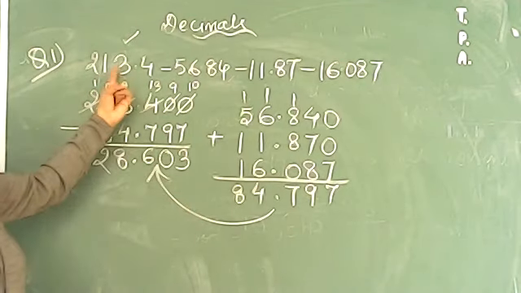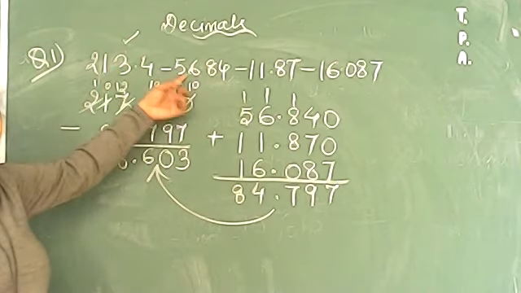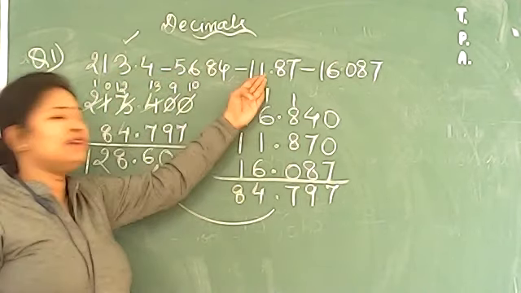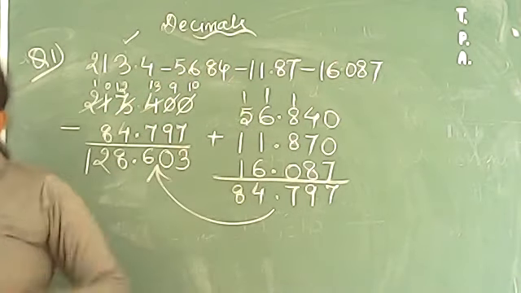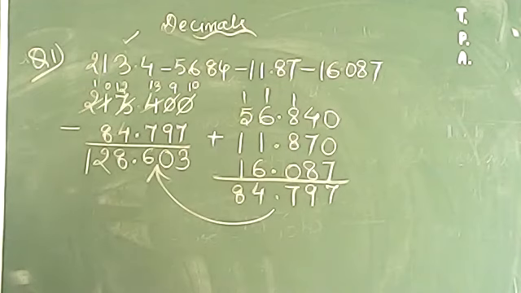The second pattern can be: you take this number, subtract this. Now whatever the answer comes, again subtract this. Then again whatever the answer comes, subtract this. So इस क्वेश्चन को आप दो पार्ट्स में कर सकते हो. You can have this pattern as well, which is written on the board. You can also do the second part of it.